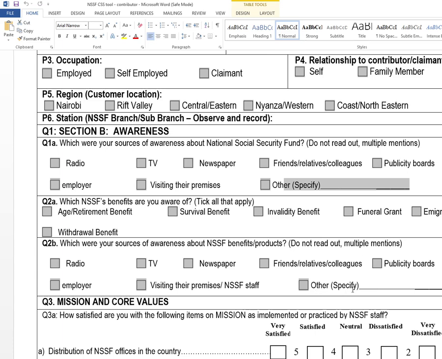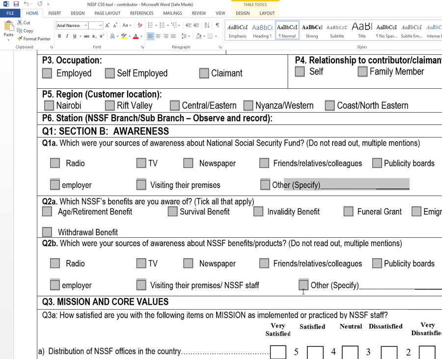If somebody else mentioned, for instance, LinkedIn, they will check this part of other and write LinkedIn. They will check the other option and they might write Instagram. So those are three different respondents who are responding